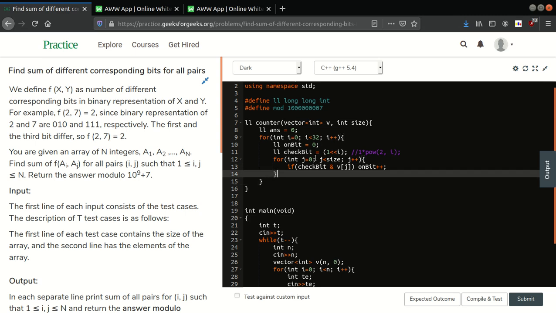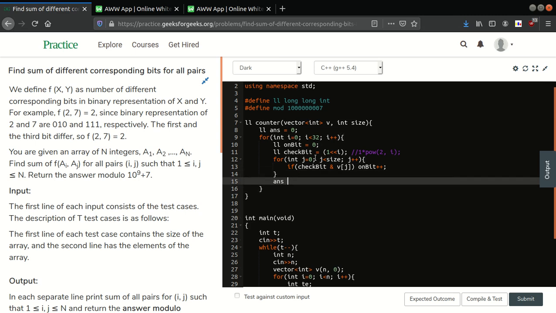And finally we are going to add to our answer 2 into onbit into (size minus onbit).